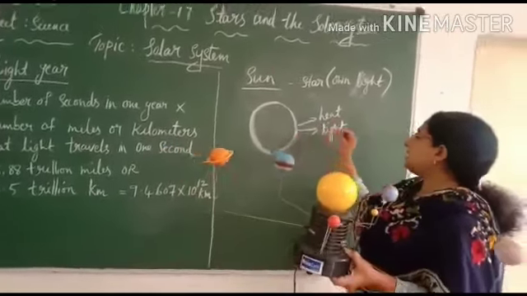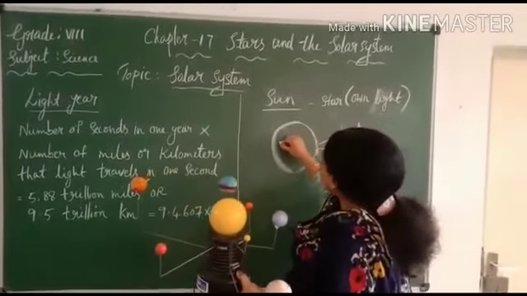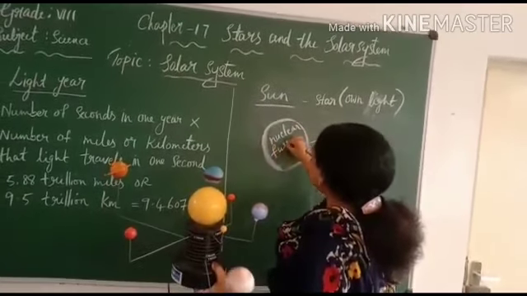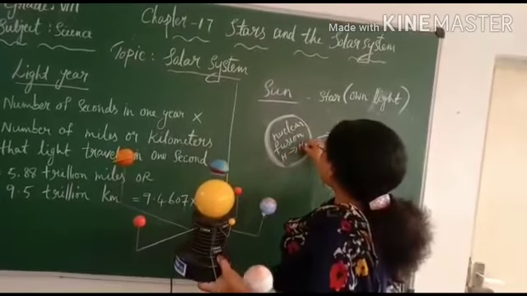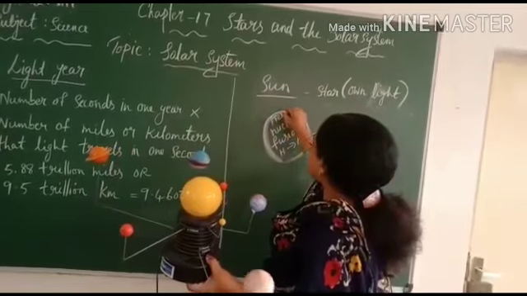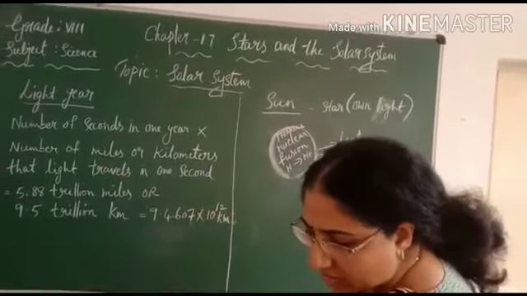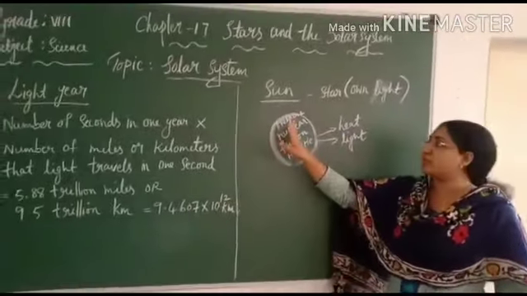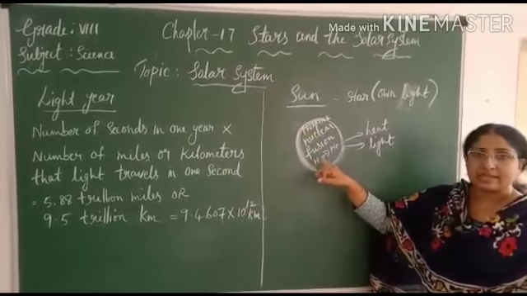How is this heat energy and light energy coming out? Stars can produce it. There are many nuclear fusions taking place inside the sun. What is taking place? Nuclear fusion is taking place. Hydrogen is converting into helium, and also here you can see the pressure. It is very high inside the sun. I told you inside the sun there is a huge amount of pressure.